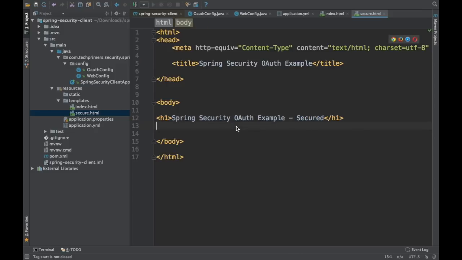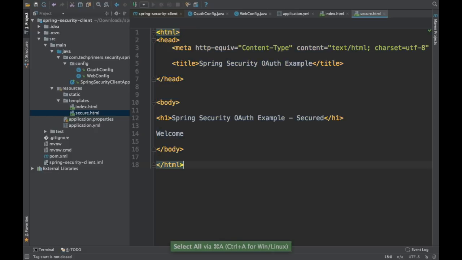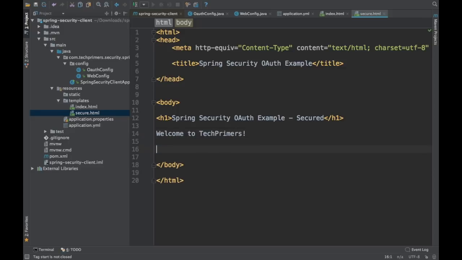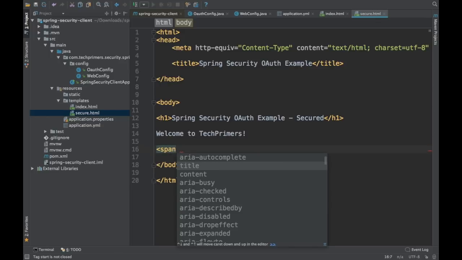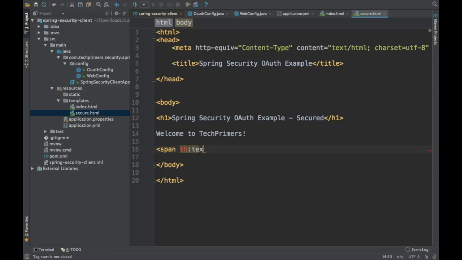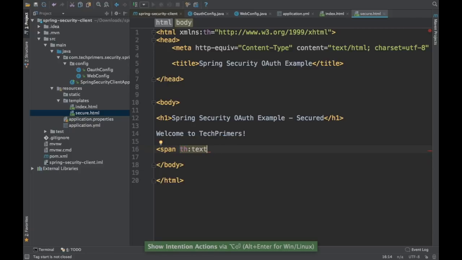So I'm just going to add "secure" so that I know this is a different page, right? So here I'm going to say welcome to Tech Primers, and I'm going to add that particular text which I will be getting from the REST hello. So it's basically going to return some hello world. So this is nothing but the Thymeleaf text, right? Not the Thymeleaf, sorry, it's the XHTML. The Thymeleaf is what the value will be having, which will be nothing but $